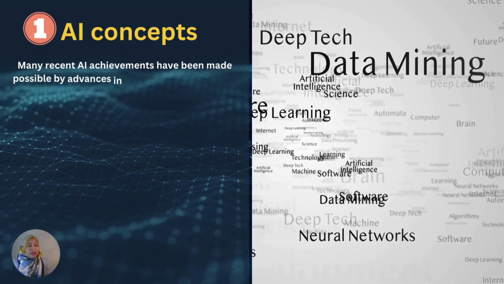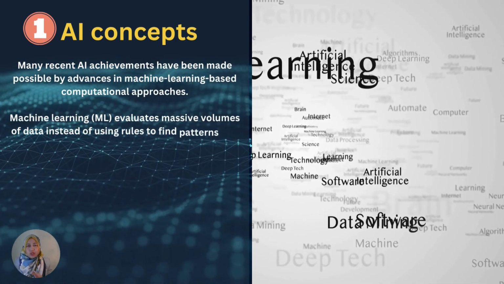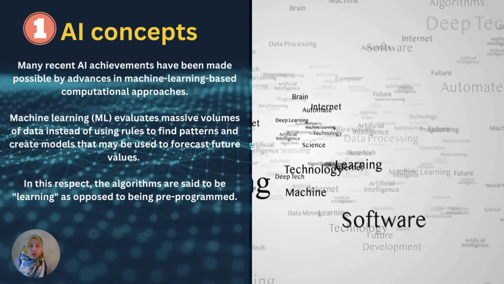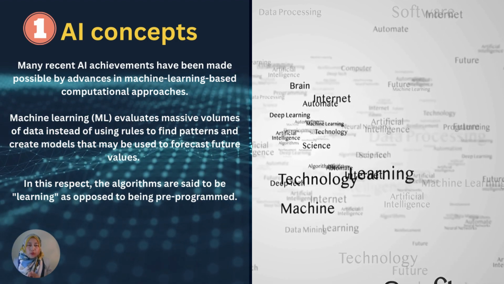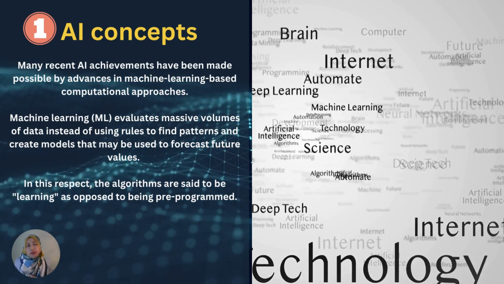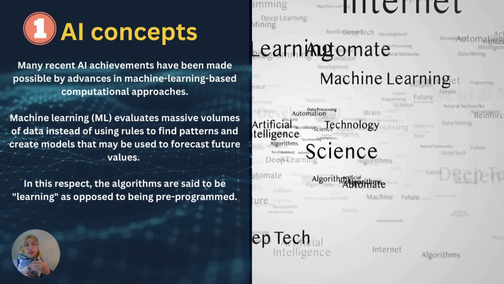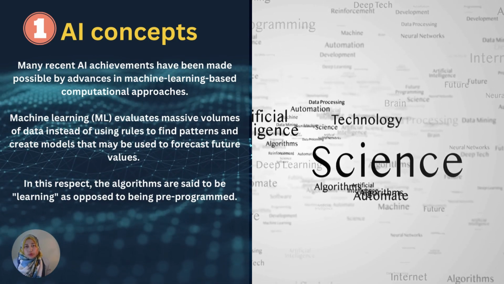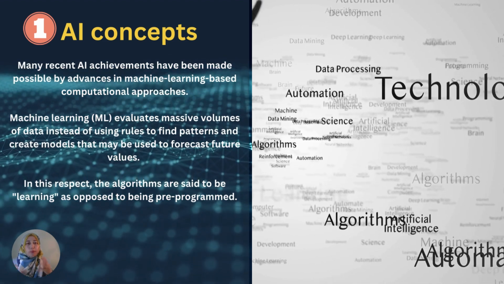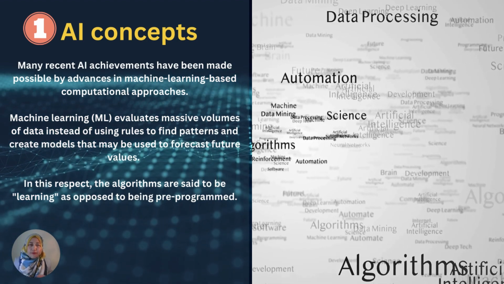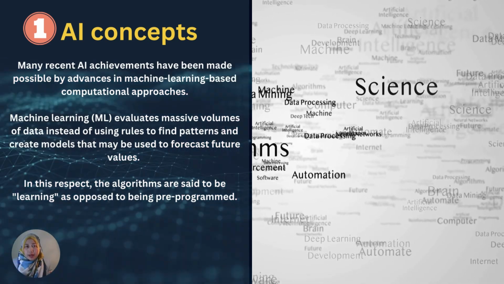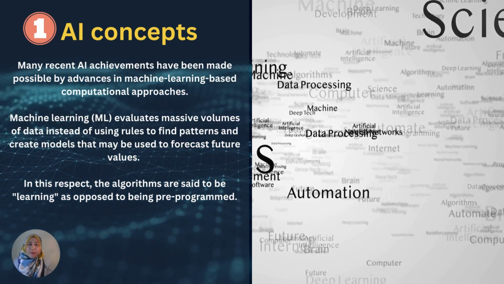Luckily, the more recent advancements of machine learning, which is one of the algorithms in AI, are able to learn from massive volumes of data, and this is also owing to the advancements of storage and computational technologies. So these machine learning approaches look and sift through a lot of data and generate rules automatically by the machine learning models instead of using purely humans to express the rules and facts. In this respect, the algorithms are said to be able to learn as opposed to being pre-programmed by a human.